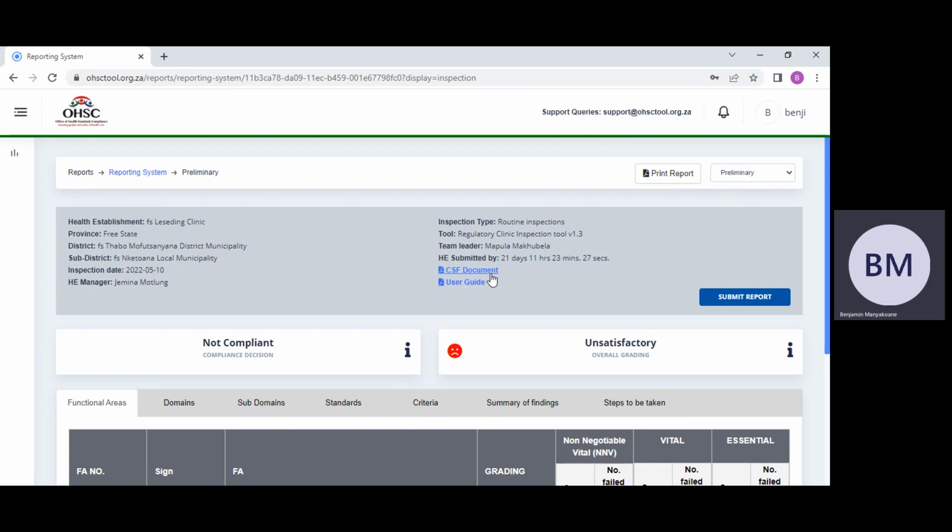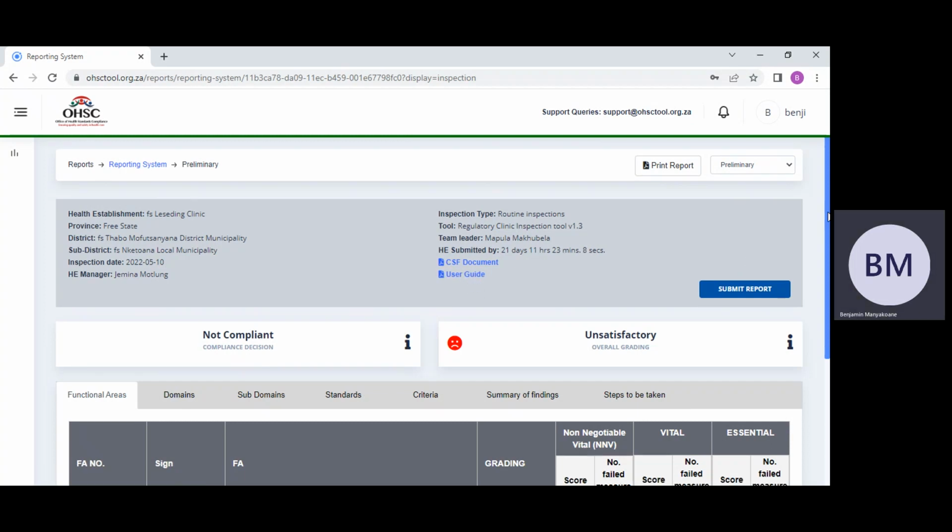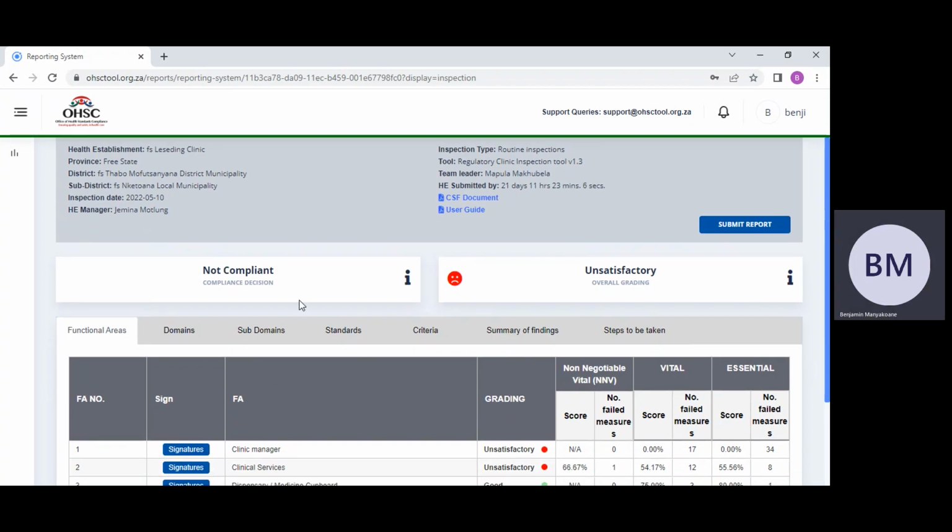Then from there, you'll have a CSF document, the compliance status framework. Colleagues can click on the document. It can be downloaded or you can print it. The next document that we have availed on the system is the user guide of this reporting system. Colleagues can also click on it, open, and also download or print. The next thing that you see there is the compliance decision that will explain whether the facility is compliant or not. In this regard, this one was